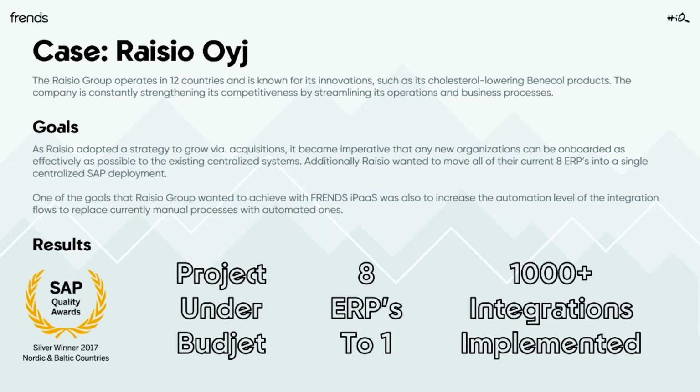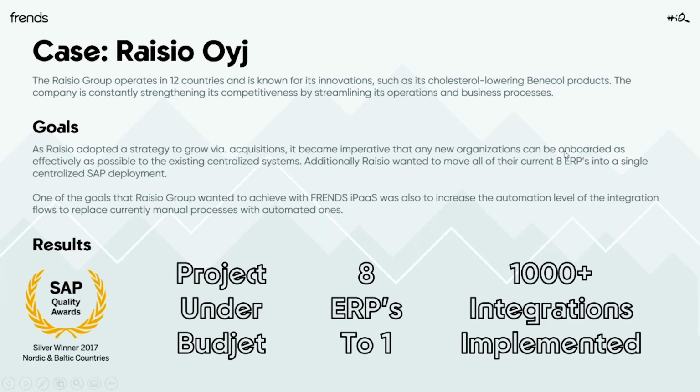So you could think of them running through a major systems project like 4 times every year, because every time they buy out a company, they need to treat that as a major systems project where they're integrating all of that new company's systems to the centralized systems that Raisio already, of course, owned. But additionally, they were in a situation where they had 8 ERPs, spread